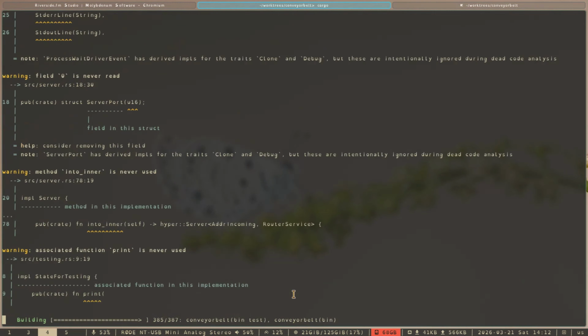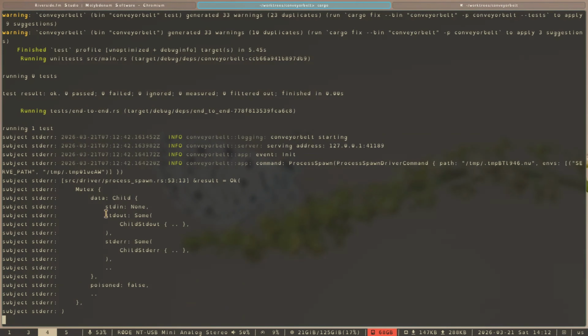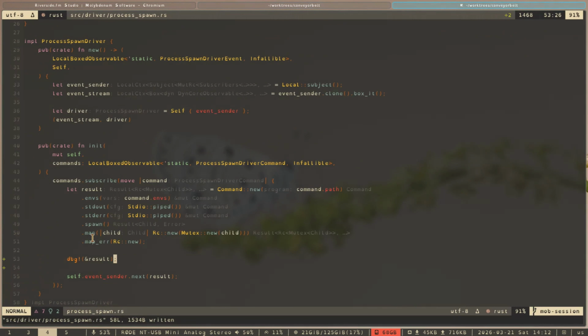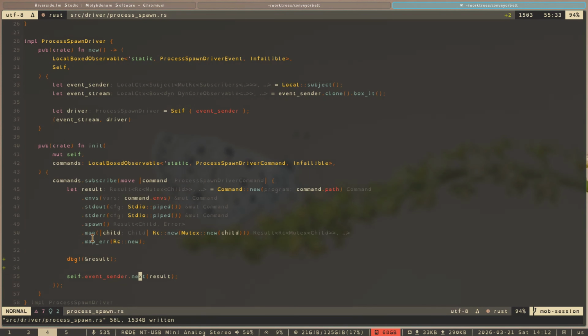So if I do this, now we should see it's an okay of mutex of a child. So child's running. And then what happens after that is there's an event sender on the driver. And it's supposed to send this